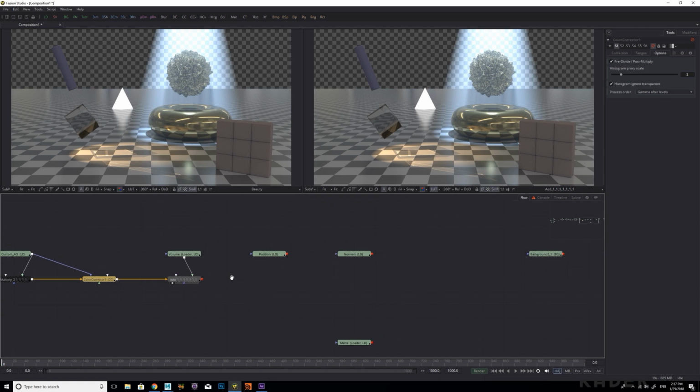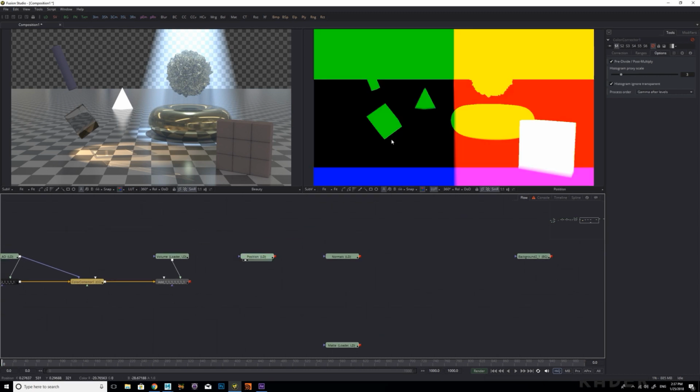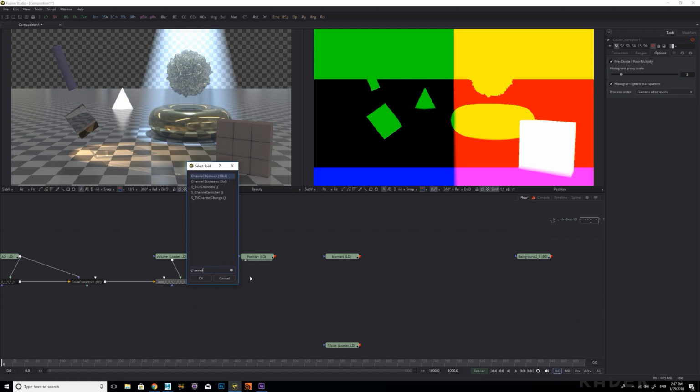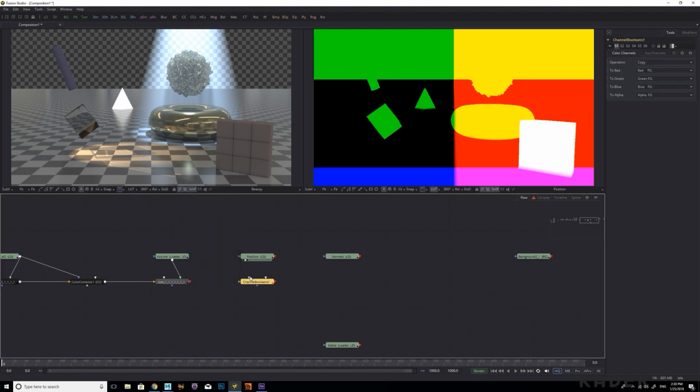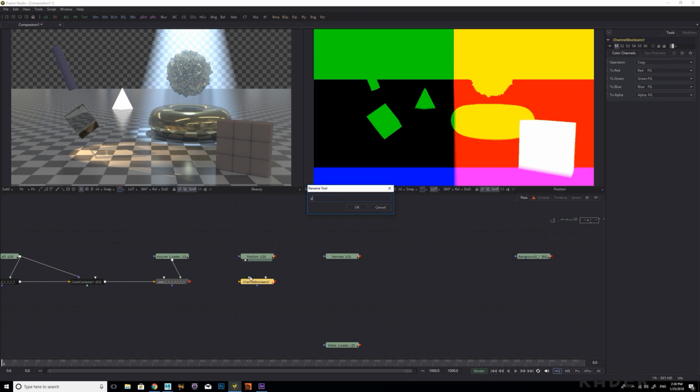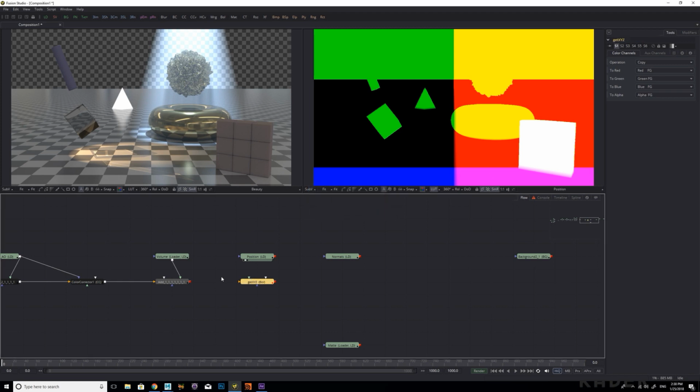So now the position AOV. This AOV tells us the per pixel coordinates in RGB values, but in this state it's useless to Fusion, unless we tell Fusion to map these RGB values to XYZ values. The way to do this is, of course, with another channel booleans node. We pipe our composition into the background, the positions in the foreground,